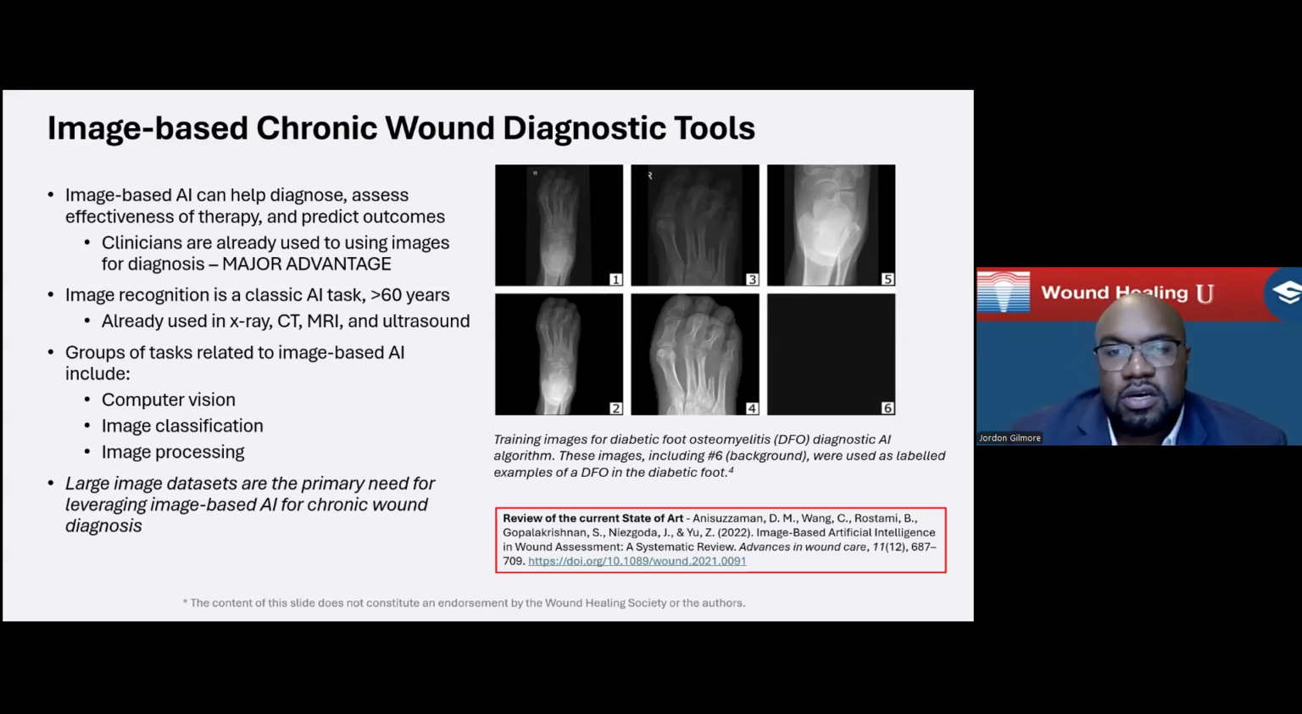So the picture that you see on the right is from a paper where they are trying to develop a training set for detecting osteomyelitis in diabetic foot wounds. You can see there are examples here, but in number 6, I wanted to draw your attention to that. It's a blank image. Why is that there? That's there because it's important for the model to learn what the background is, right? So you have to have both good examples and bad examples so that the model can really understand the totality